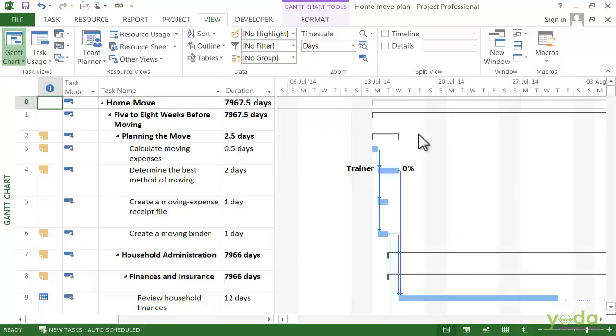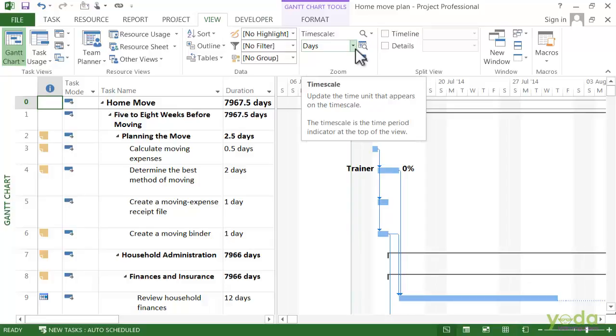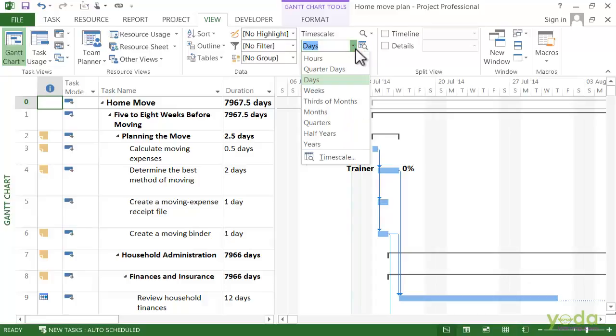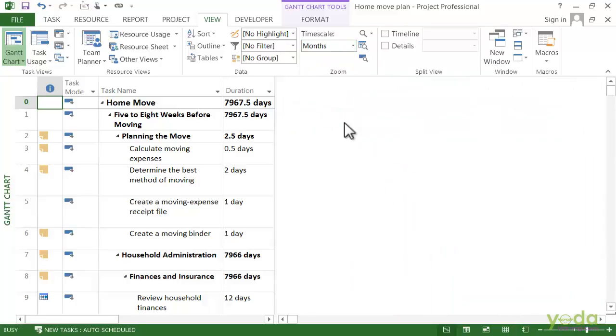Now, depending on your task duration and just how much of the project you want to see, you can change the time units in the time scale. So, on the View tab, in the Zoom section, go to the time scale box and if you want to compress the schedule, choose something like months.